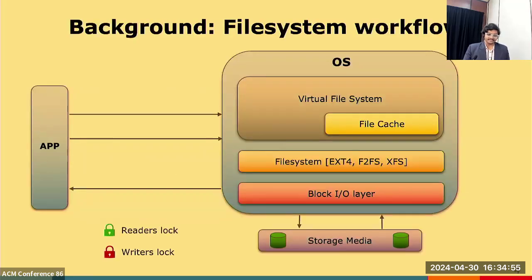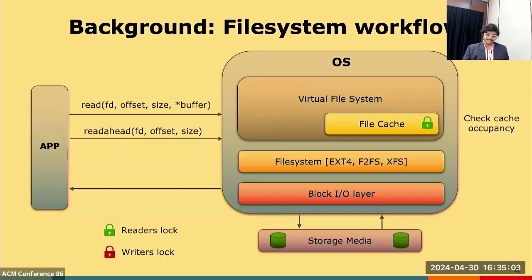So let's start by understanding how the file system works today. Okay, applications issue system calls like read or readahead to the operating system. The operating system would first check its in-memory file cache for requested data. If the data is not in file cache, it sends the I/O request to the storage media. Data from the storage media is then written to the file cache, and then it is copied back to the